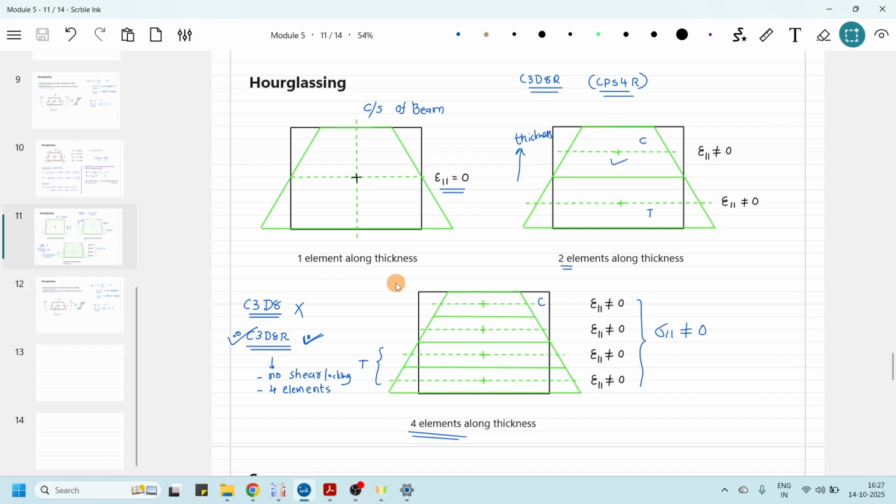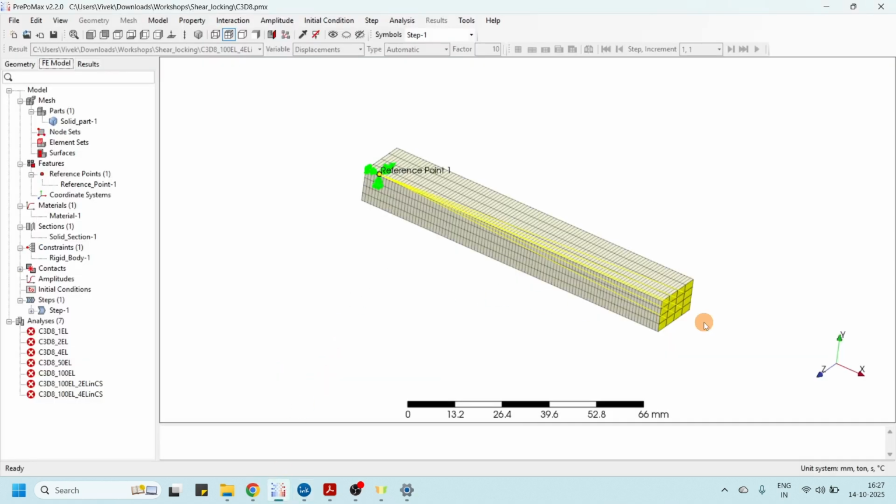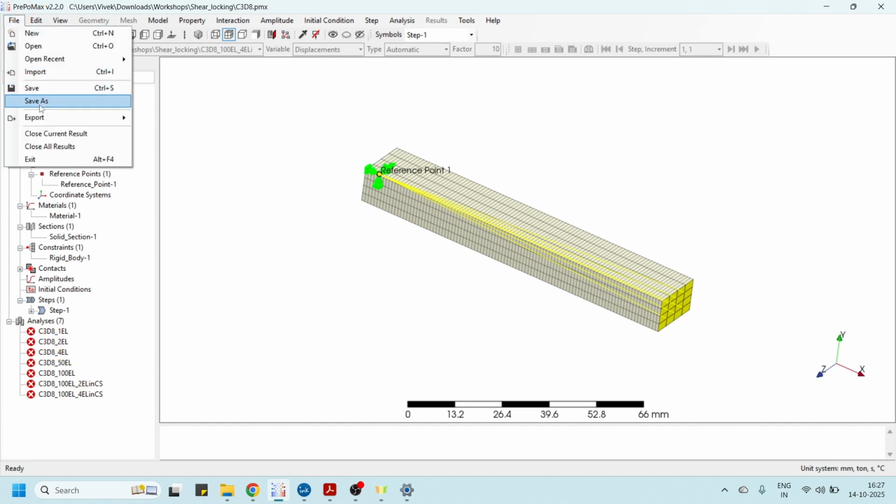Now let's see hourglassing and try to understand how hourglassing occurs in first order reduced integration hex elements with a hands-on workshop. So we will take the same previous model of pure bending moment of a cantilever beam, which we have taken for shear locking. I will save the model